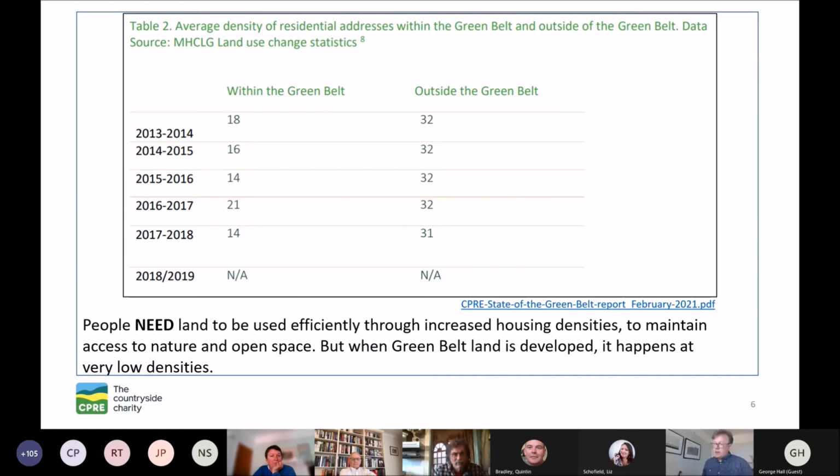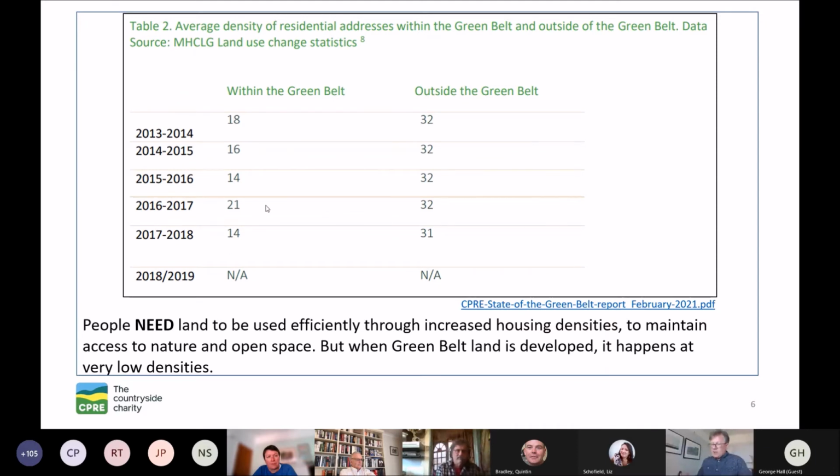But this piece of work from CPRE shows that when land is taken from the Greenbelt for housing, what actually happens is that this shared public good, access to open space and nature, is traded for the privatized space of these car dependent